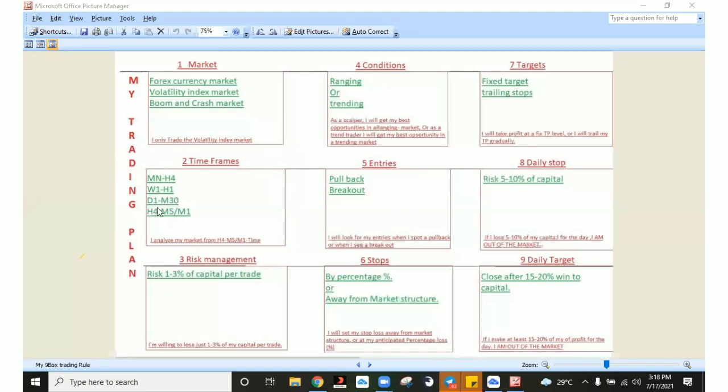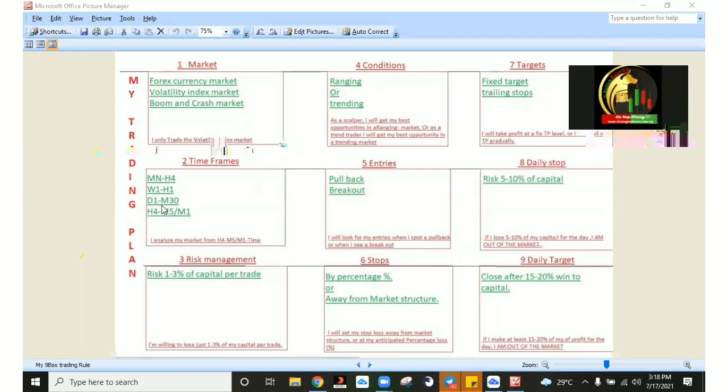So just like me, for instance, sometimes I analyze right. Sometimes